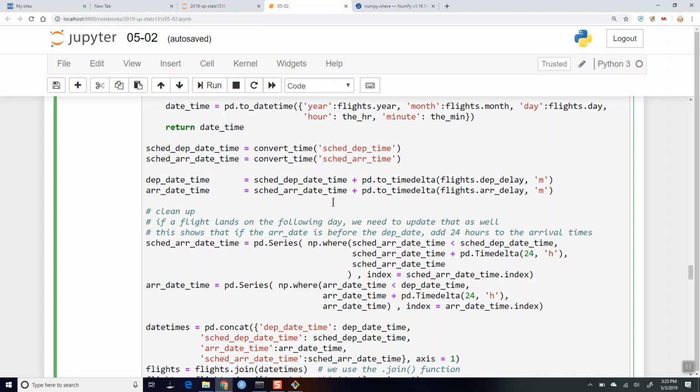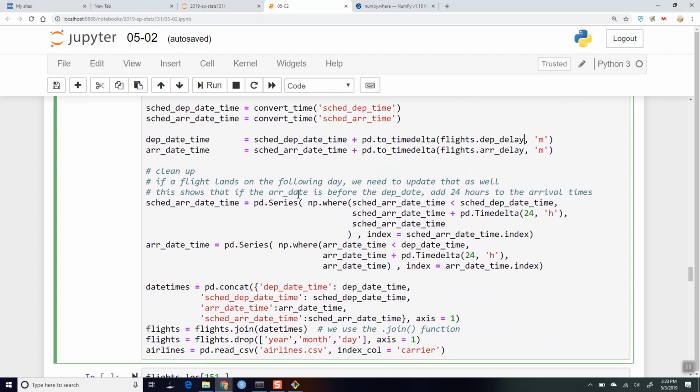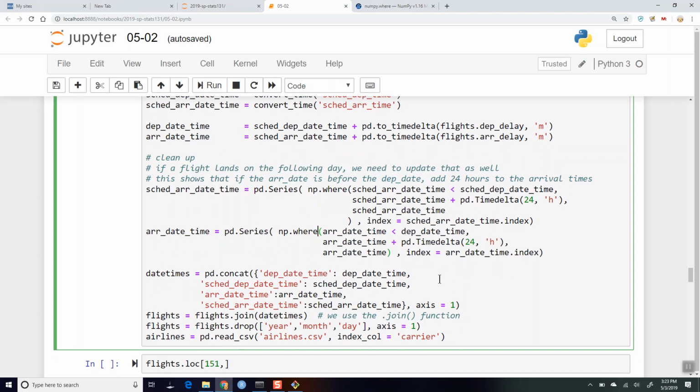Okay, so we'll go ahead and do that. Is this okay, what I'm doing here? And then we do some cleanup where if the scheduled arrival time is lower than the departure date time, then that must mean it arrived the following day. So we're going to add 24 hours, similar to arrival date time. If the arrival is less than when it departed, then add 24 hours. Okay, so we'll go ahead and clean all of this up,